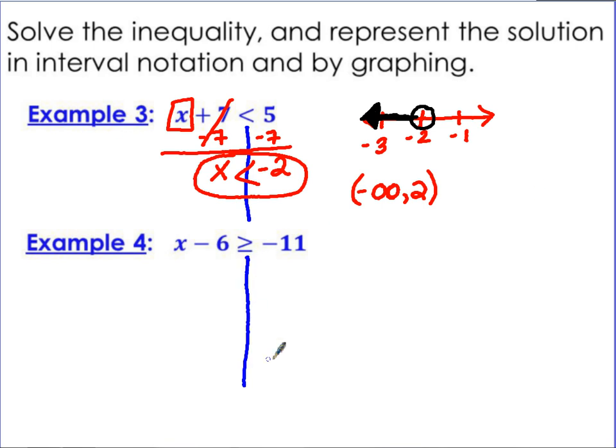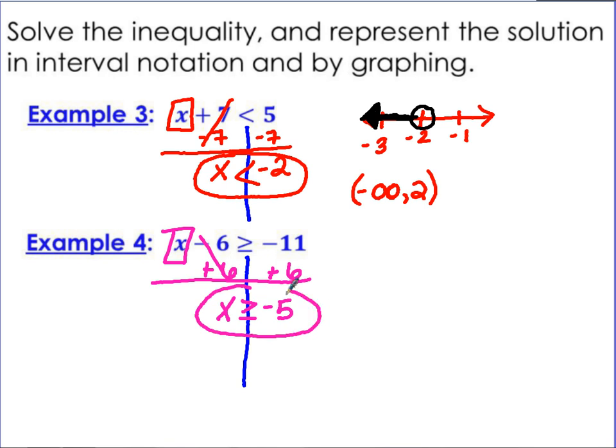So example 4. I got to get x by itself, so in order to get rid of minus 6, I would add 6 to both sides. And those cancel. The only thing left on this side is x, and on this side, when I take negative 11 plus 6, I get a negative 5. And I did not multiply or divide by a negative, so this sign is going to stay the same. So this is